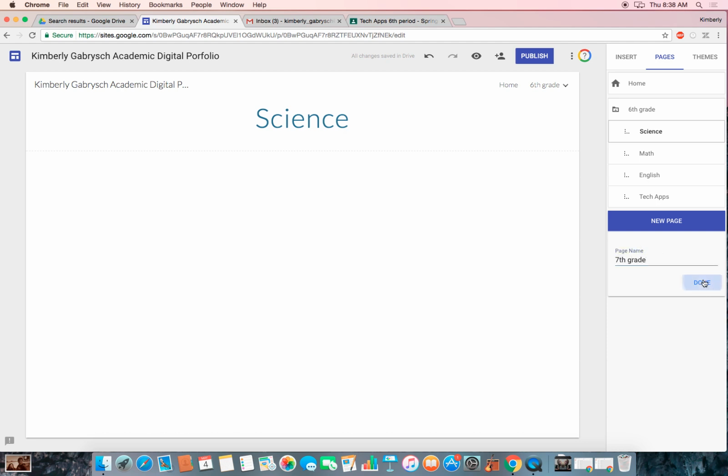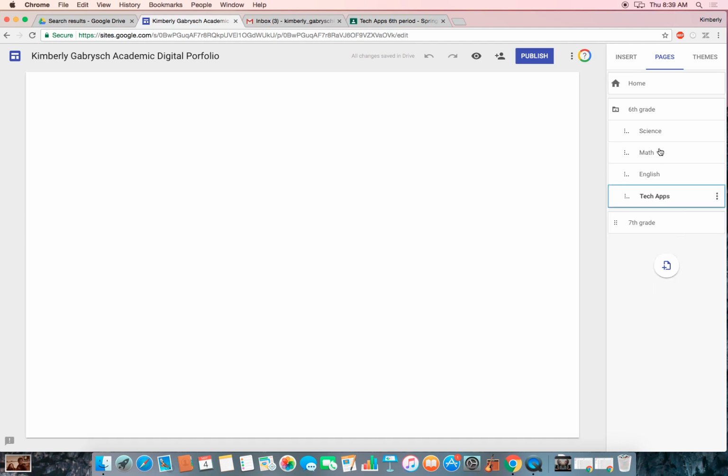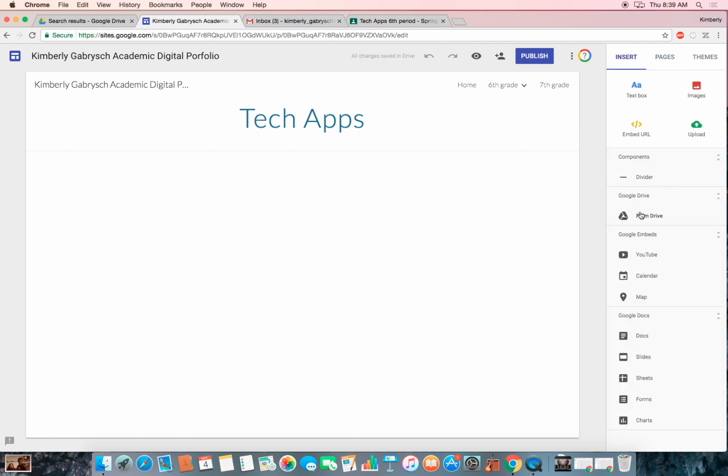And a nice thing about this is you can customize it. So if I had a really awesome project, so I'm going to come over here to Tech Apps. I know you have a lot of great projects in Tech Apps. And insert, you can go to your drive and insert whatever you need to from your drive. If it's a document or slide you want to create, YouTube video, you can put those in and you can embed them. So you can put a ton of great things in here,